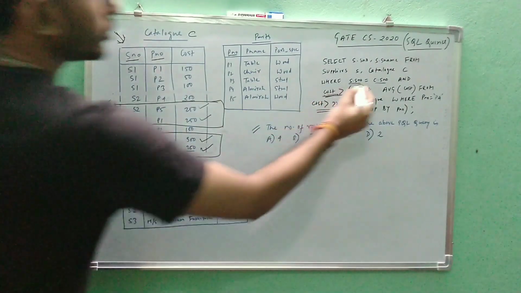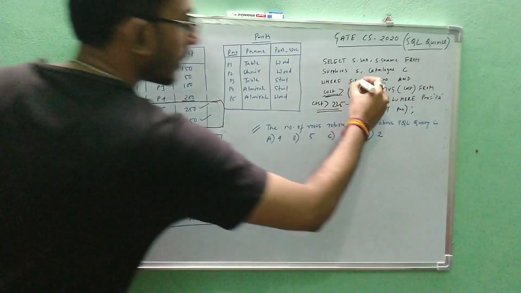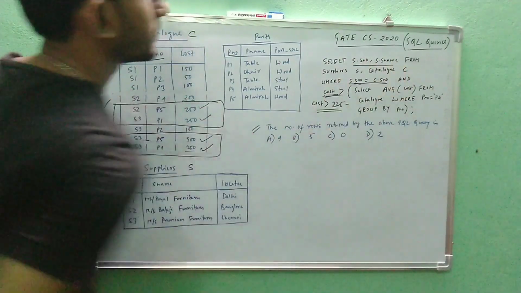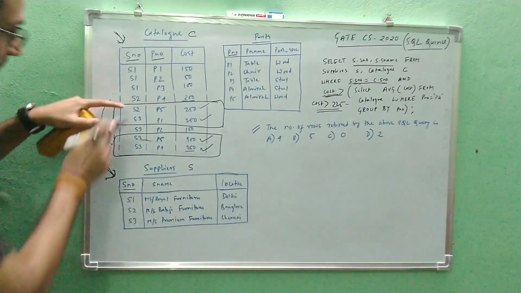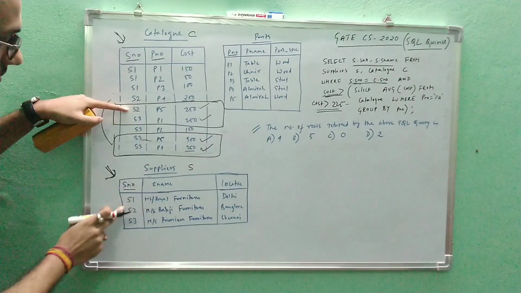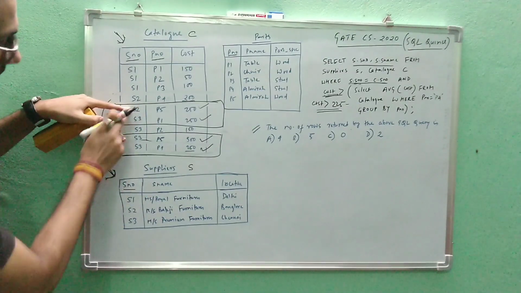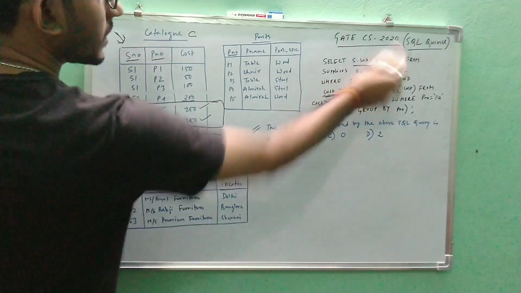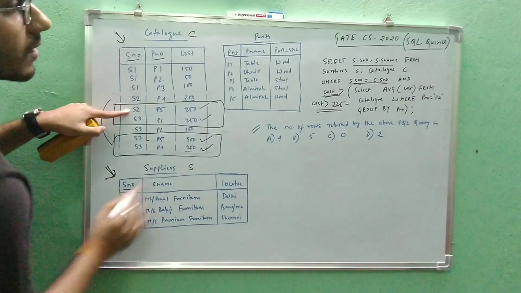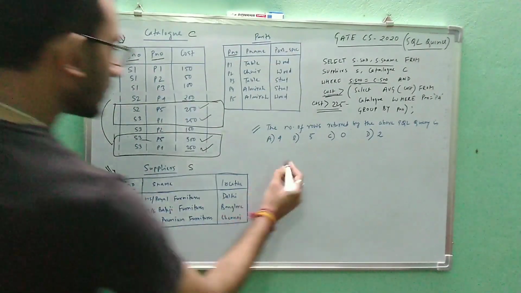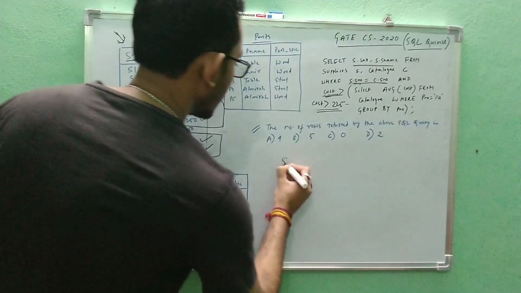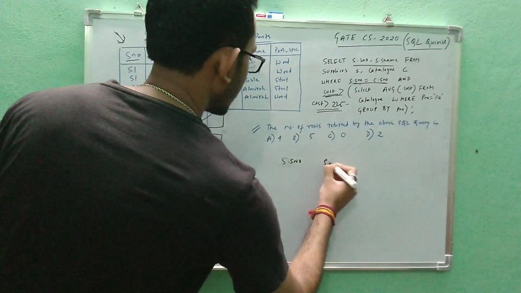So now this condition is executed. Now we are going to execute this condition: S number is equal to this, and against that we are going to print this. So S2, we have S2 here. Here nothing is there, here S2 is there. So S.S number means we are referring to this, and S.S name, fine. So S2 is there, so one time S2. Let us write the column names first: S.S number and S.S name.